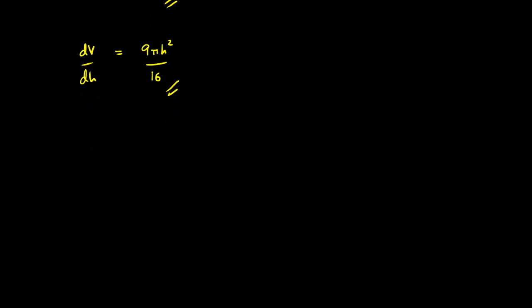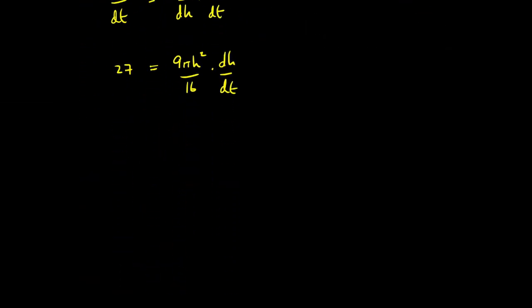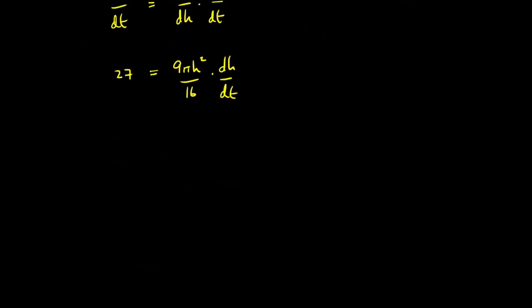Well, if we just remember then that we said we were trying to find dV/dt is equal to dV/dh times dh/dt. Well, now we can just substitute everything in. Our dV/dt we know is 27 because we've been told it in the question. Our dV/dh is 9 pi h squared upon 16, and dh/dt is the thing we're trying to find. And we're told we want to do this when the height is equal to 4, right? So we just substitute in, so this is 27 is equal to 9 pi 4 squared upon 16 times